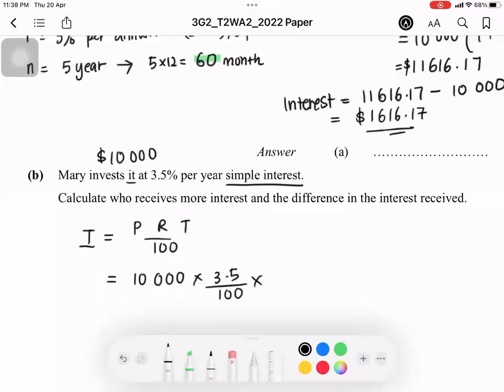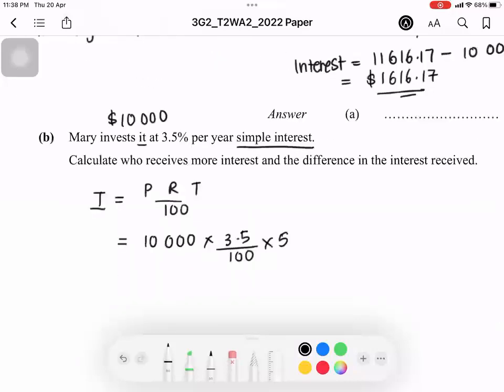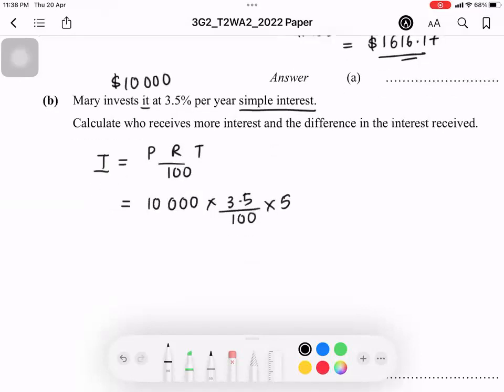In this case, the question here for part B, they did not say that it will be calculated simple interest per month. So in this case, it is by per year interest. So let's count this amount of money, 10,000 times 3.5 over 100 times 5. I get a total of